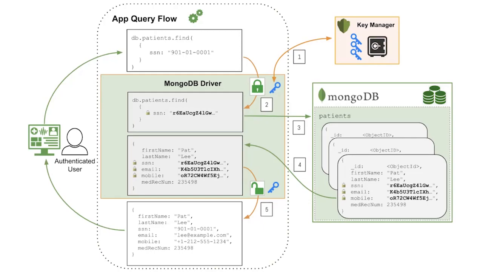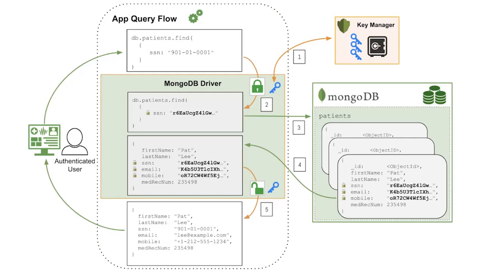First, do I have the key that's been attached to it? If it's already been used recently, it's probably cached in memory. If not, I'm going to go reach out to my key manager. And as Matt said earlier, there's native integration with the big three cloud providers in terms of the key management service. So AWS KMS, Google Cloud KMS, and Azure Key Vault are integrated. In addition, in development or sandbox mode, you can just use a simple local key file. You obviously never use that in a production setting, but you can also use something called the local key service, which consumes something like HashiCorp Vault or some other kind of secrets manager.